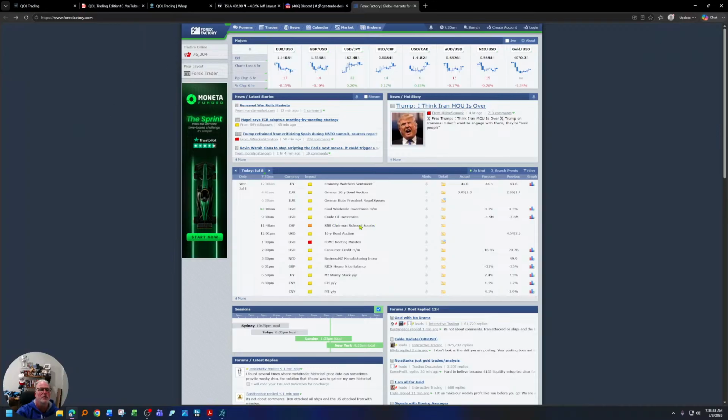At 9 o'clock, we have final wholesale inventories month over month. At 9:30, crude oil inventories. It's a yellow folder, but I think it should be elevated to an orange folder at least. I think people are going to be watching that, especially with the activity overnight regarding some more war stuff breaking out. I believe the ceasefire was lifted. I think I saw that in a tweet or a post somewhere. Anyways, you'll be able to see that things are elevated right now.